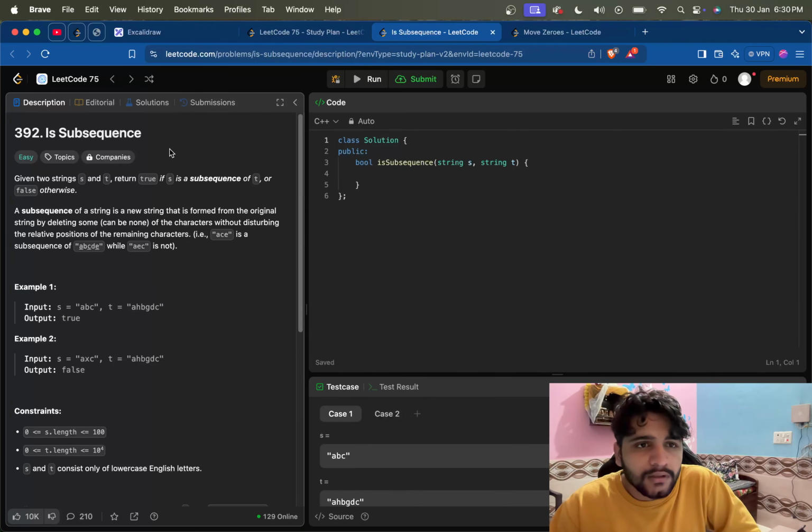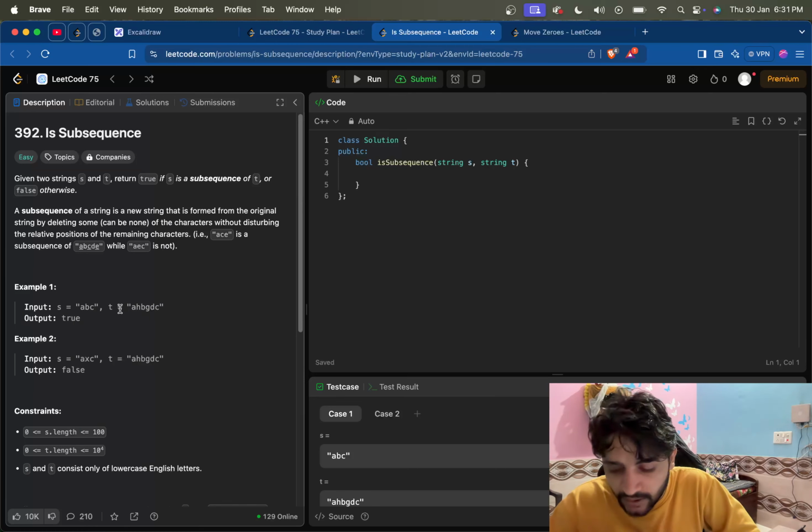Perfect. Next is subsequence. Given two strings s and t, return true if s is a subsequence of t or false otherwise. So you just have to find if a b c, these characters are in this order present in t, in a b c order, not a c b or c a b in any other order, just in this exact order. Fine. So see, there are a number of ways of doing it, but first thing, according to our basics,